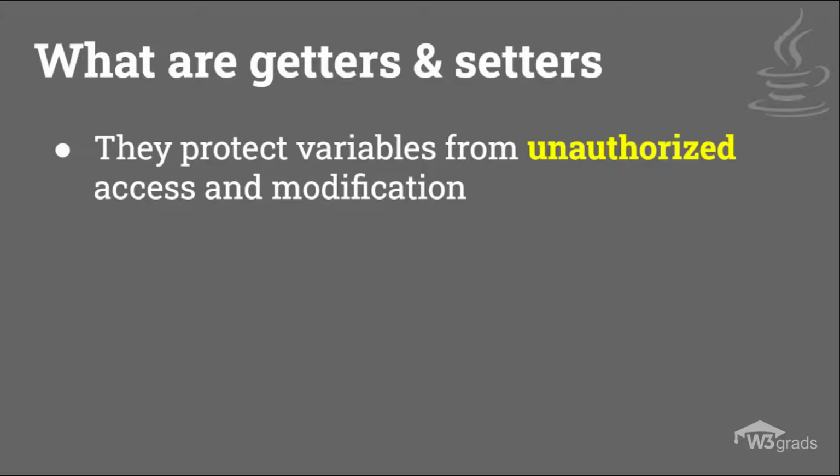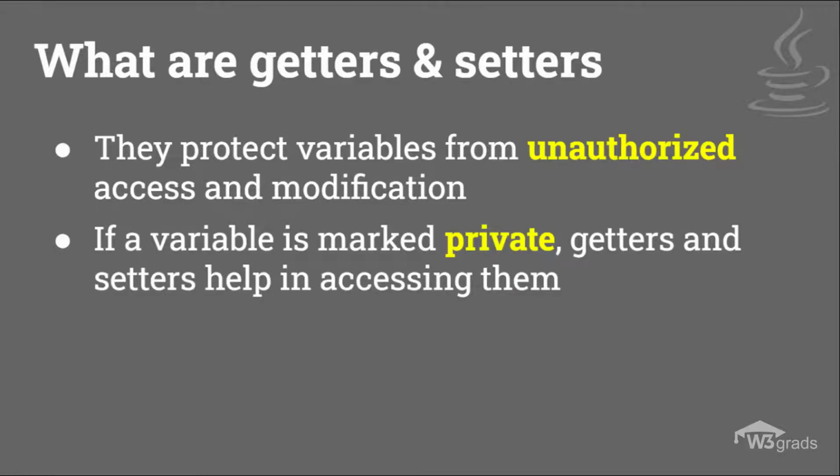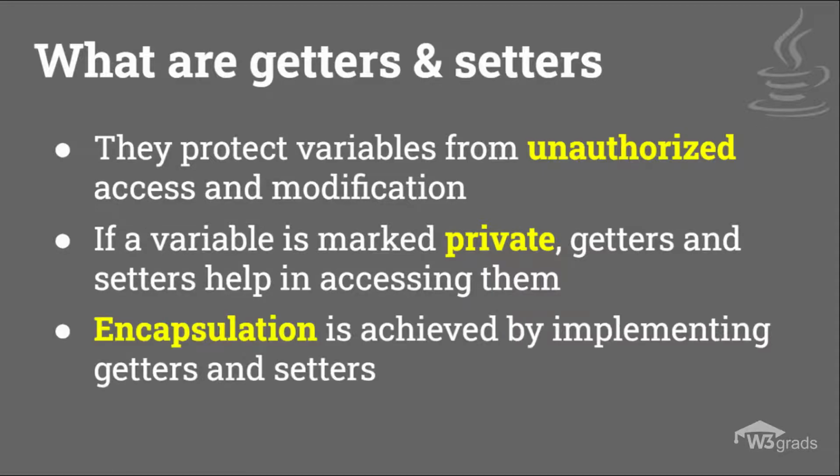So, setter and getter methods protect a variable's value from unexpected changes by the outside world. In other words, it restricts the end user or another programmer from making unauthorized changes through the program. When a variable is hidden by the private modifier and can be accessed only through getter and setter, it is encapsulated. Encapsulation is one of the fundamental principles in object-oriented programming. Thus, implementing getter and setter is one of the ways to enforce encapsulation in the code.